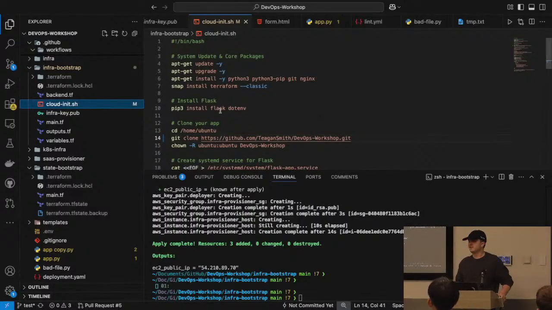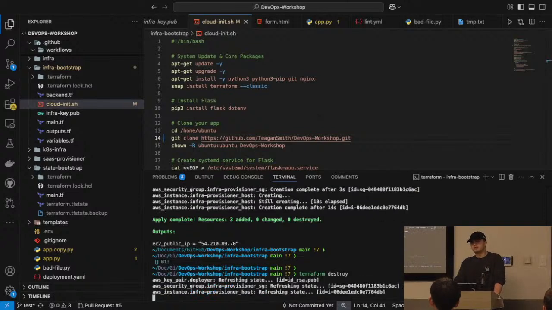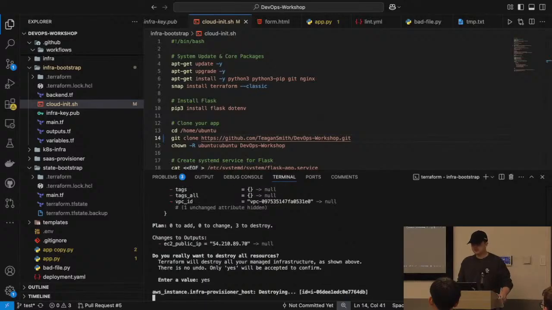So it failing is bad because now we have to recreate all of our infrastructure because this failed, right? Well, lucky for us, Terraform has something called Terraform Destroy, where all I have to do is run that, and it will use those state files that we referenced earlier on to look at all of our infrastructure, see what exists, and then be able to destroy it. So if I hit yes, now it takes down our EC2, it takes down the IPs that we provisioned,